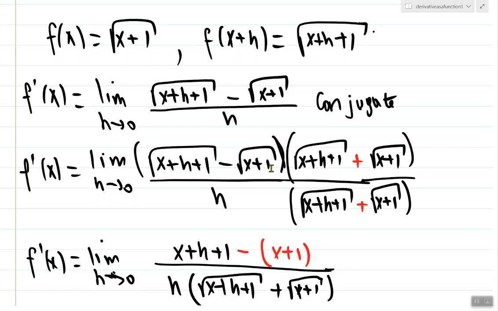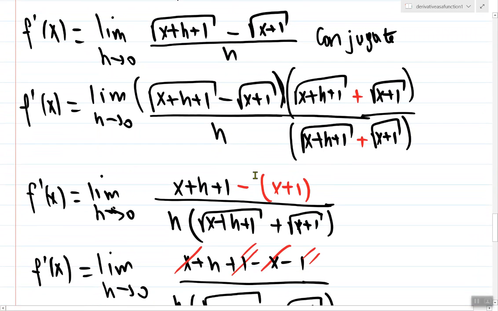So we're going to multiply this fractional expression, both numerator and denominator, by the conjugate of the numerator. So when you take the square root of x + h + 1 minus the square root of x + 1, times the quantity square root of x + h + 1 plus square root of x + 1,